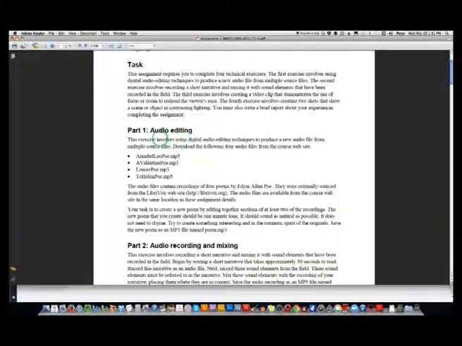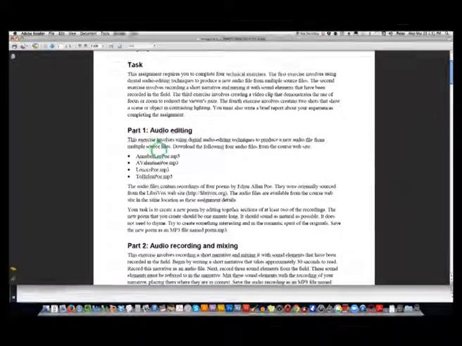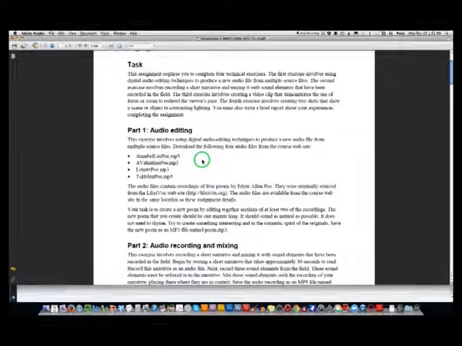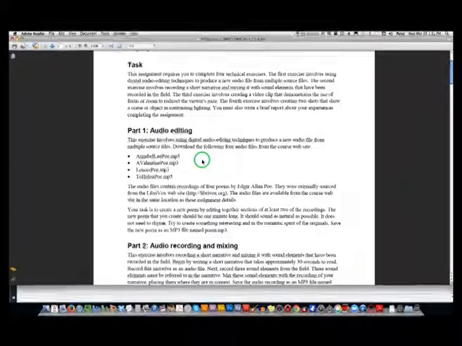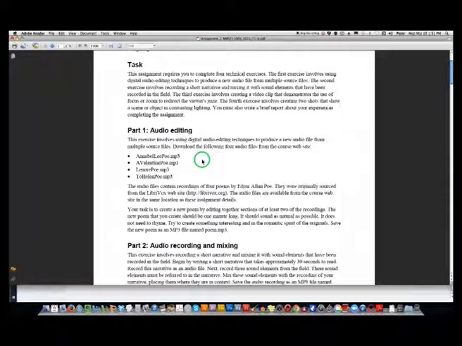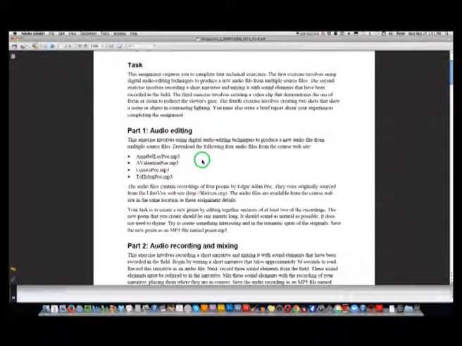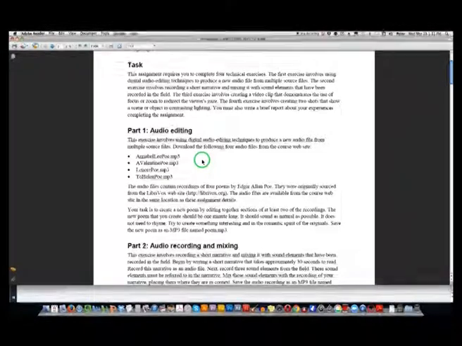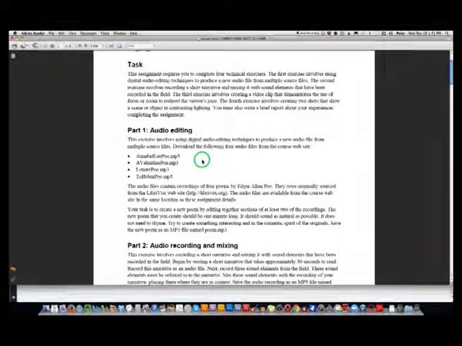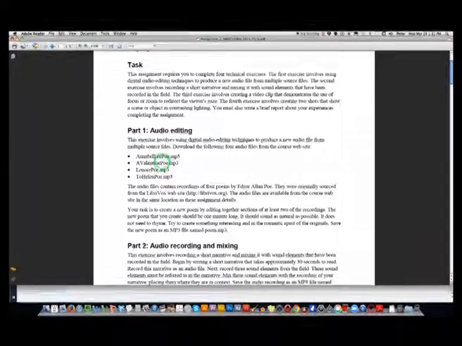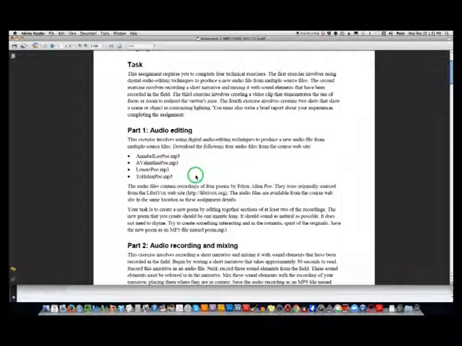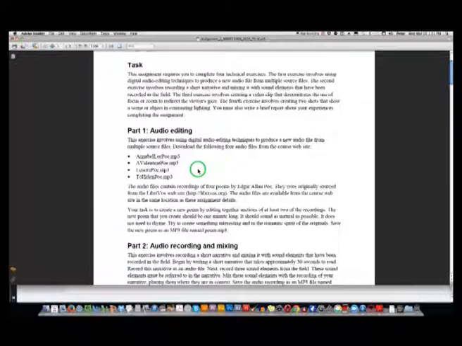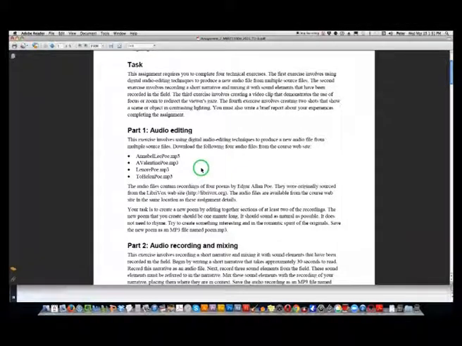The assignment part 1 is audio editing. You're going to use these 2 poems or 3 poems or 4 poems, but not 1 poem. You've got to use at least 2 poems to make a 1-minute audio file, which is a mix-up or a cutout or a re-edit of those poems. 1, 2, 3, 4. And I'll download them in a moment. I'll download 1 to show you how to get started.